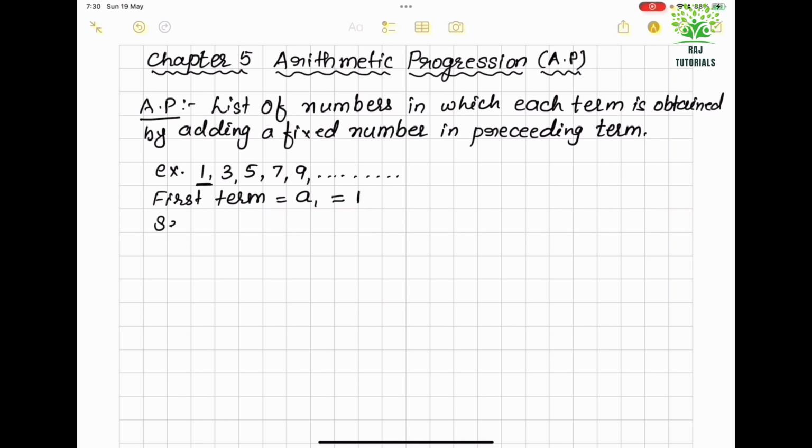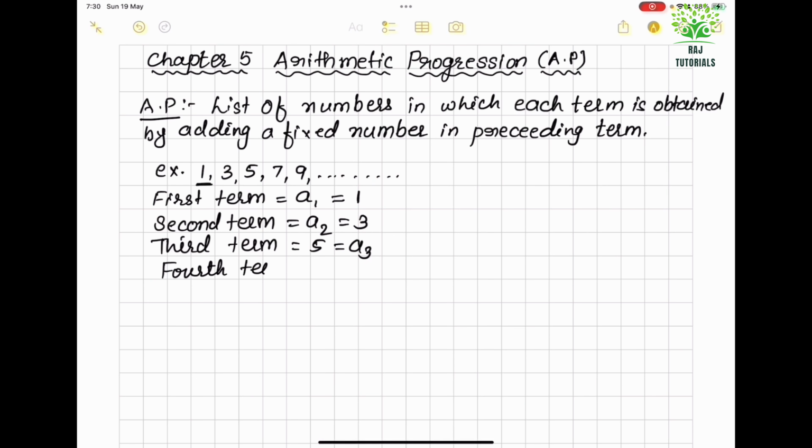Now the second term, that is A2, is 3. Third term is 5, that is A3. Fourth term A4, that is 7. And fifth term